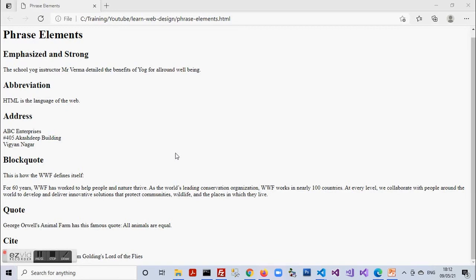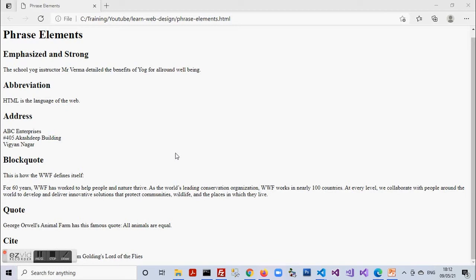Strong tag shows something which is important. Abbreviation, as the name suggests, gives the complete meaning of an abbreviation. Address tag is used to highlight the address content within a document. Block quote is used for setting aside content which is drawn from some other site or some external source, and quote is used for specifying a short quote within a sentence.